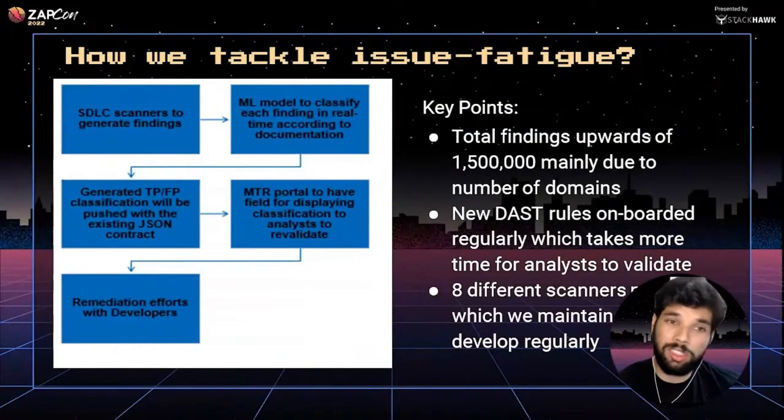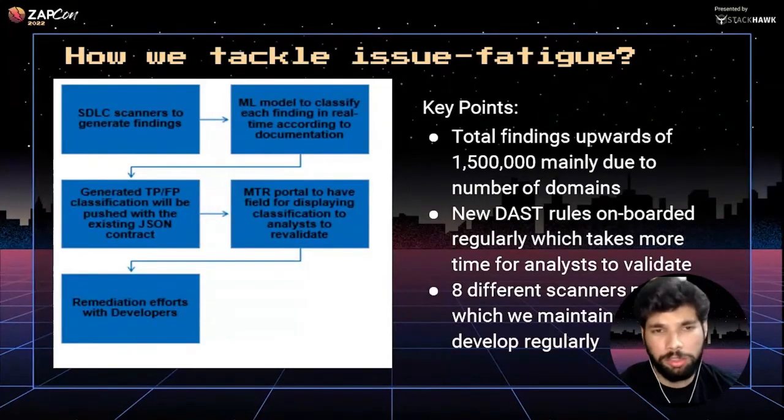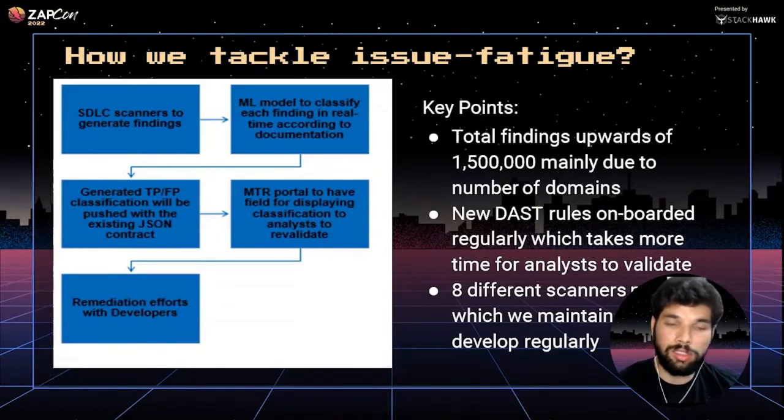So these classifications will go on to the data lake, and then our one-stop shop, if I can call it that, where all the issues are: DAST, SAST, config managers, credential vault, any issues. So all of these classifications go there, and somebody goes there and checks. We already have an ML model which does like 70 to 80% of our job. And I'll show the accuracy metrics later, which will probably give you some confidence about why we took this approach.